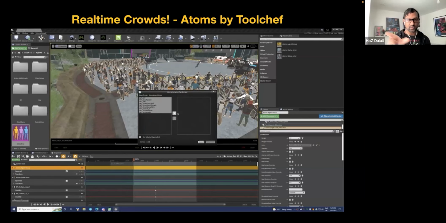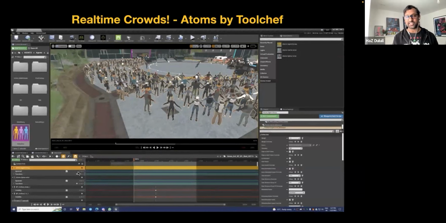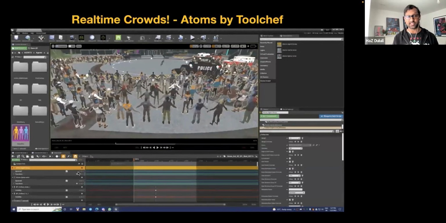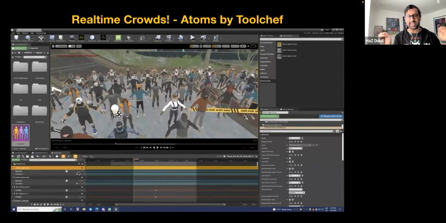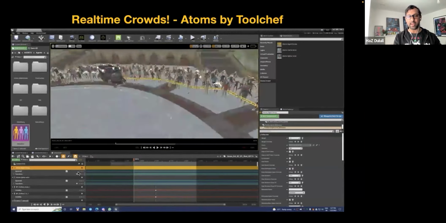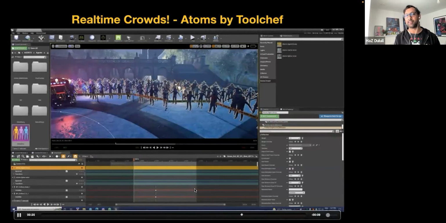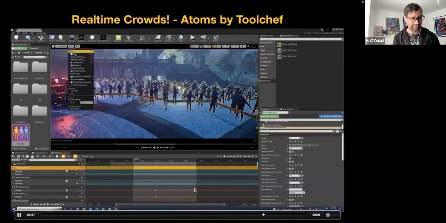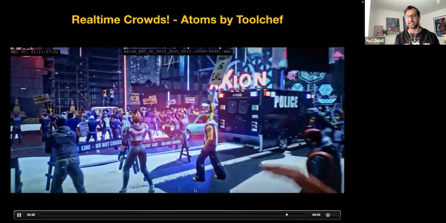A lot of people asked when they saw that little clip I sent you, how did we do the crowds? Well, we were quite lucky very early on. We were one of the adopters of this tool called Atoms by Toolchef, which is a real-time crowds solution that literally uses agents to populate crowds. So we feed it the agents with a variety of meshes and a variety of looped animation, and then it would scatter them for us. So that's how we did the crowds. So definitely check out Atoms by Toolchef. Very, very affordable, something like 79 quid a year or something, but we're able to do things like this running in real time, 60 frames a second.